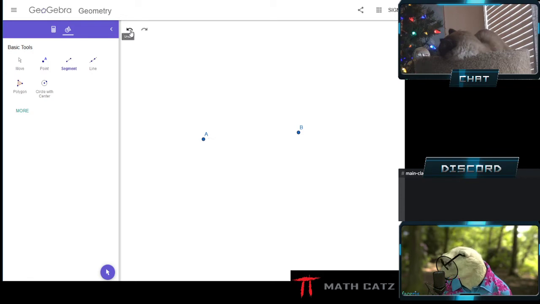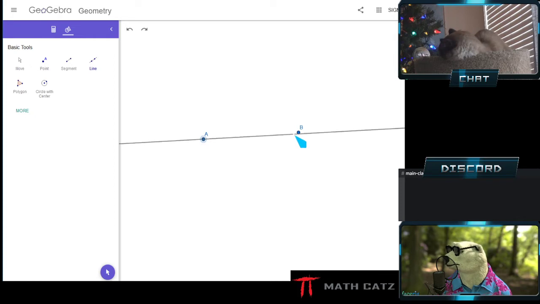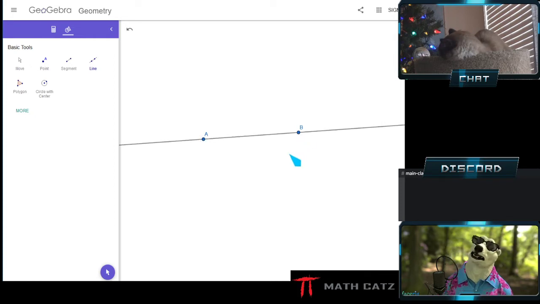I'll use my back button. And then I'll pick one point and another point. But it's essentially the same line, right? Where it ends isn't completely relevant for us. It's still the same line. So 2 points uniquely specify a line, regardless of if I want it to be a line segment or a line through the points, I can draw the line. So that is our straight edge